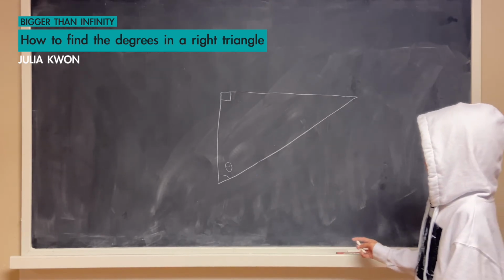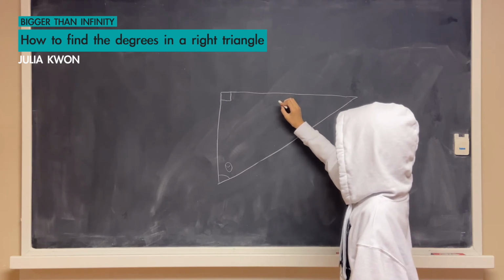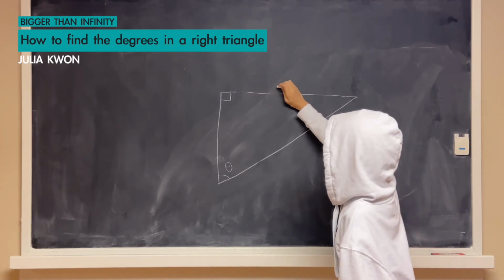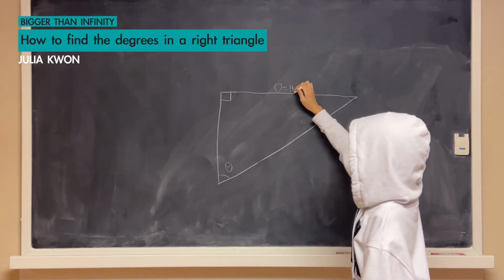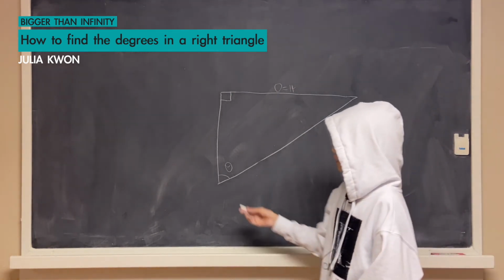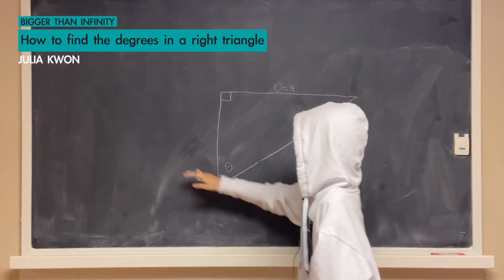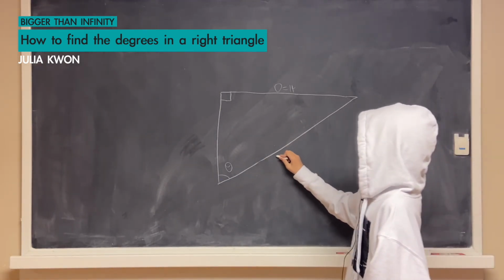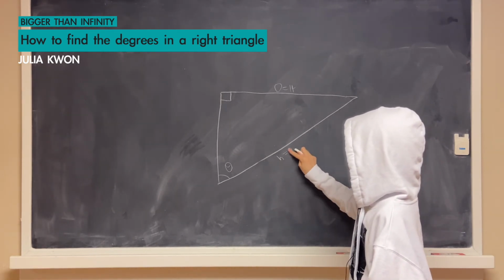And let's say the value of the opposite here is 14, and we know the value of the hypotenuse, which is 3,